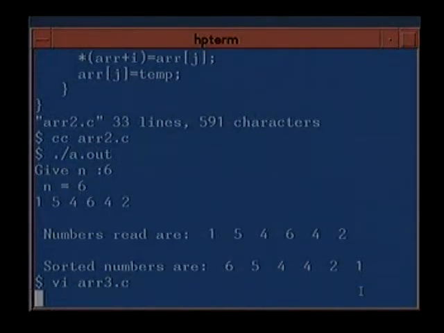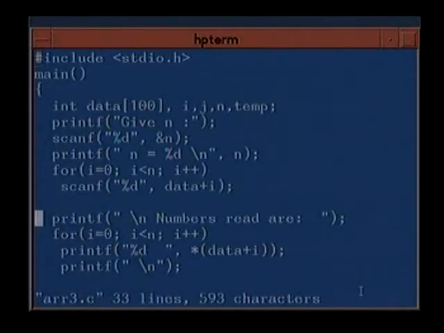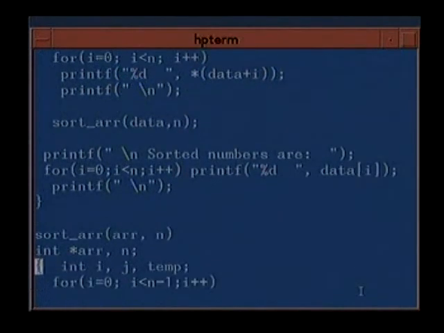Let us see the third example. The third example is identical to the second example, except for this declaration. Here we declared only a pointer, because that's all we need. We don't need to allocate elements. In the previous case also we did not allocate anything. We just declared that the array address is a pointer to an integer. That is, the content of arr is equivalent to the start address of the array. What is this? This is &arr[0].